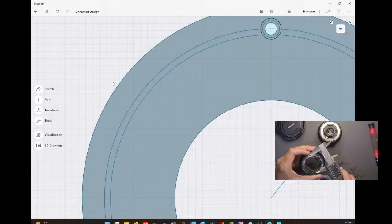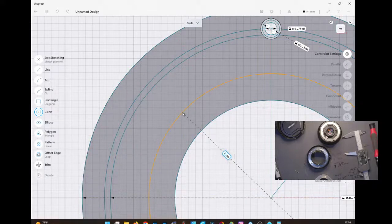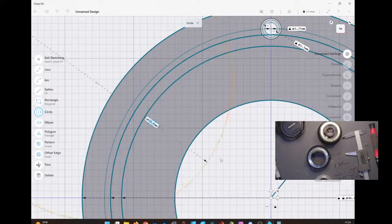So getting the calipers on there, we're looking at around 43.53, which on this I'm probably gonna round down to 43.5 so that it will fit. Let's get the sketch going. 43.5. One second here. Okay. So now that we have that,